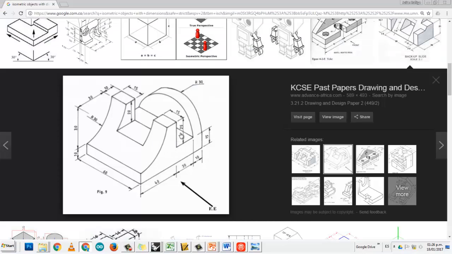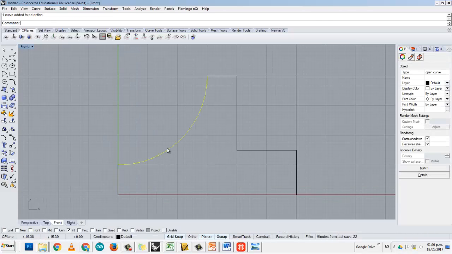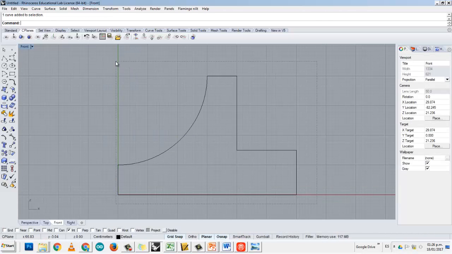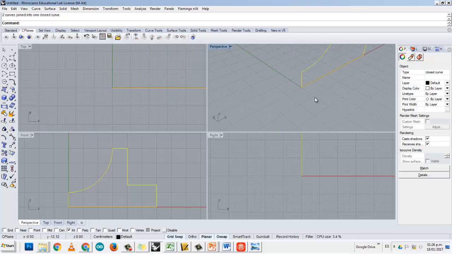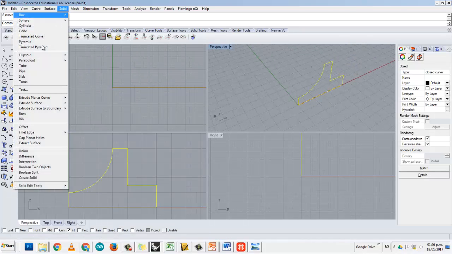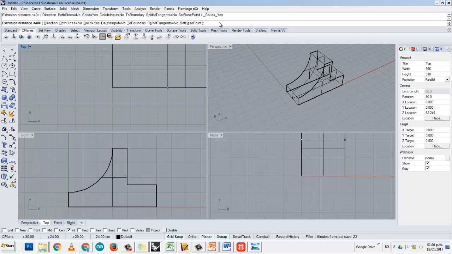Now we can extrude this surface. Now this little surface over here, we need to extrude it 60, so it goes all the way across. First of all, let me join all these curves. So I'm going to select all the curves, click on join, and then, so you can see on the perspective view, I'm going to go to solid, extrude planar curve straight, and I'm going to type in 60,